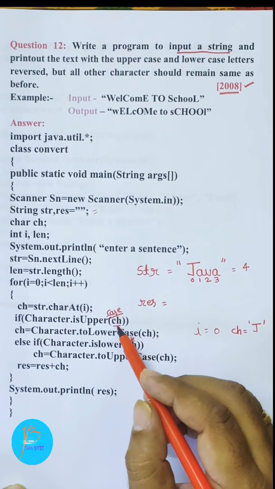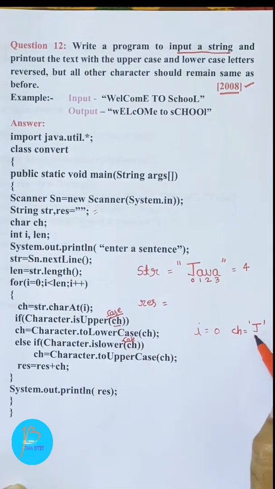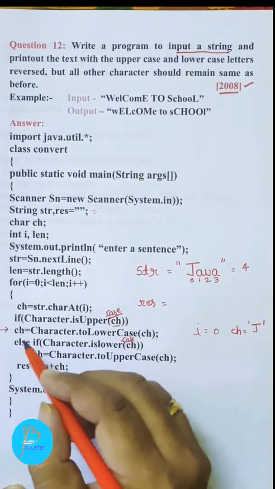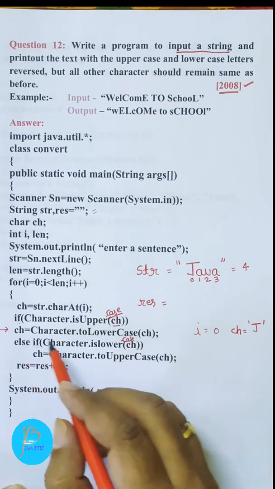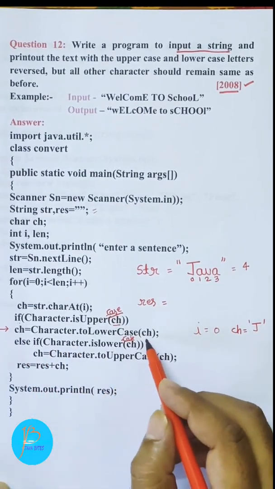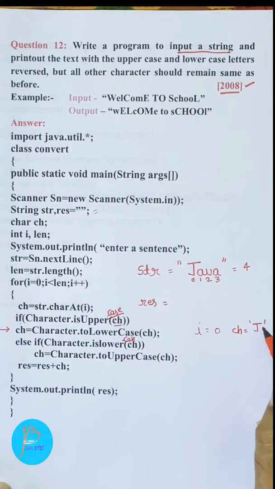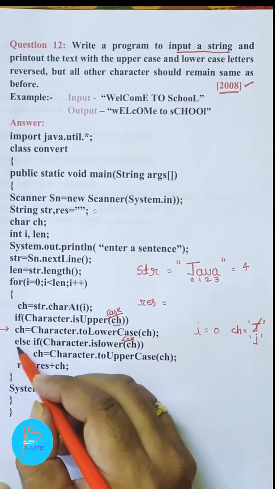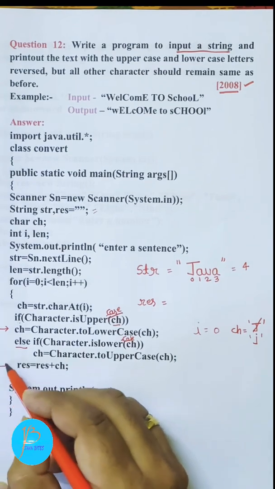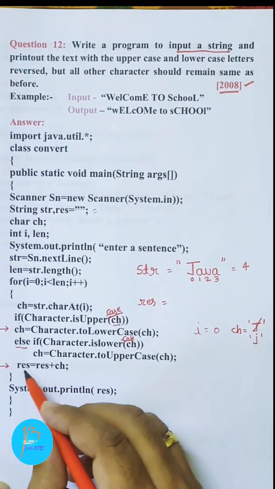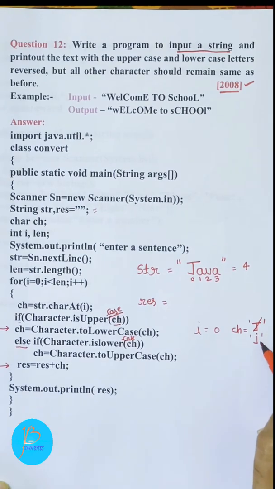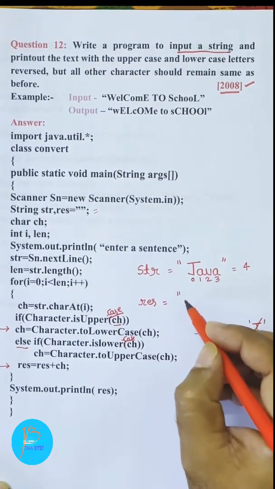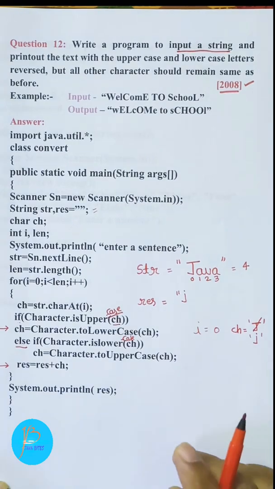Okay children, what are we checking here? We check whether the extracted character is in capital case. Is the J in capital letter? Yes, so you know that the if block will get executed. ch equal to Character.toLowerCase(ch). So beta, what will it do? It will convert the given character into small j. After that children, the control will not move to the else part, and it will move to the last line of the loop, that is result equal to result plus ch, meaning this small j will be added to the second variable, that is res.